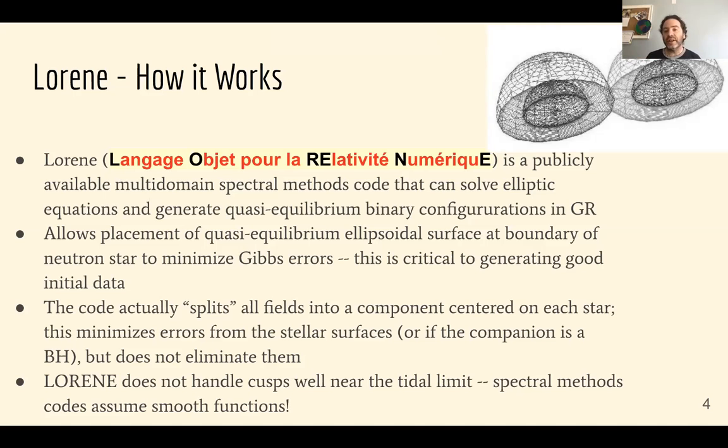But there's always the challenge that the other set of domains will see that non-smooth behavior coming from the other star, hopefully in a way that doesn't create problems, but it is something of a challenge